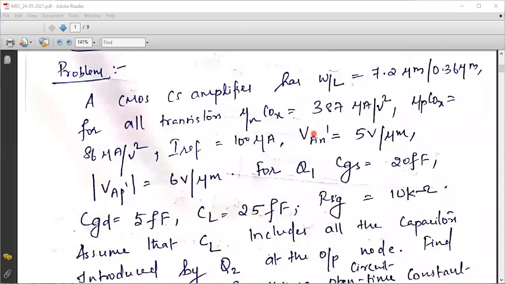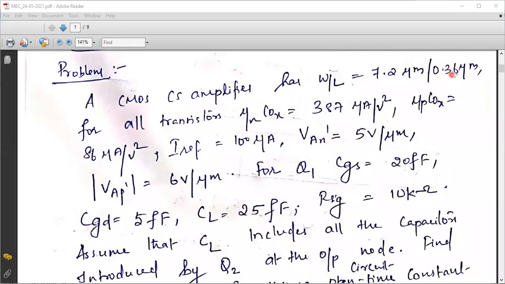And this is the Early voltage of the NMOSFET. This voltage is per unit micrometer length, or per unit length of the channel. This Early voltage is not the total voltage that we have. It is the voltage available per unit length. So you need to find the total Early voltage by multiplying with the length. Understood? So this is the Early voltage for unit length of the channel. What will be the total voltage? It will be nothing but 5 volt per micrometer into the length of the channel.